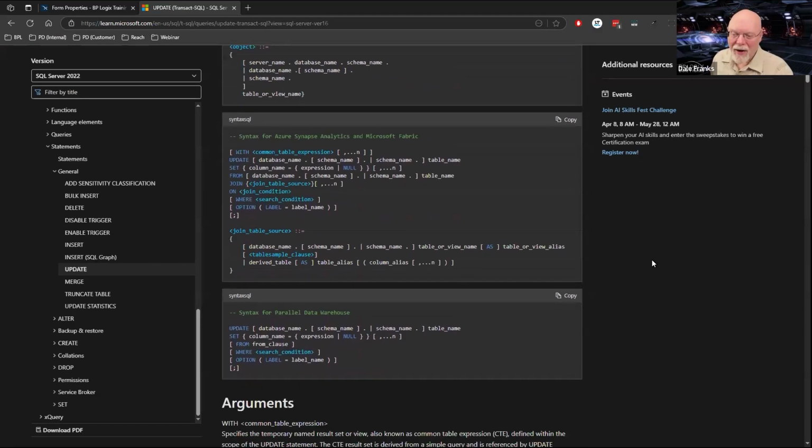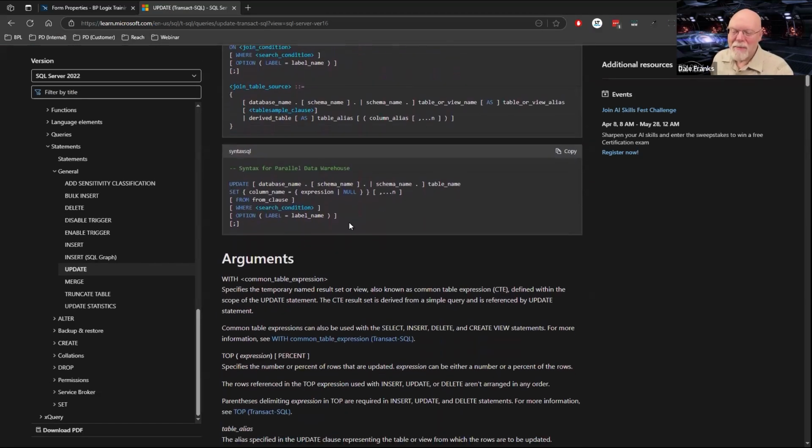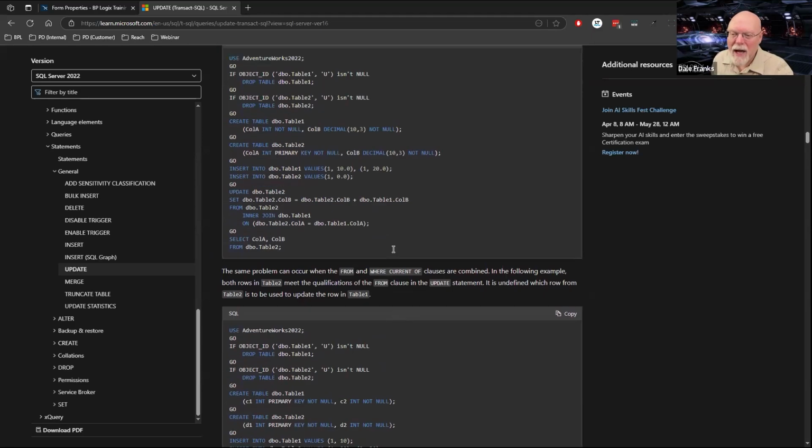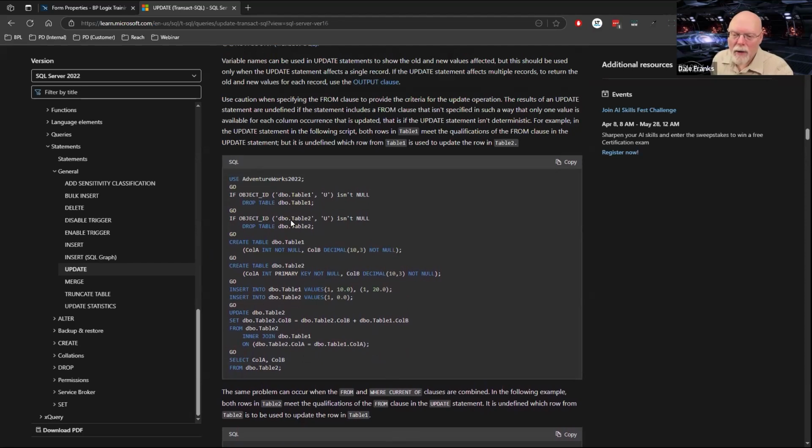Okay, well, there's that. Okay, this is closer, but there sure are a lot of curly brackets and square brackets and bars. Do they just have a simple sample? Oh, they do, but there's a whole bunch of stuff to get through before I get to the update statement. Microsoft does not make it easy. They make it way more complicated than it needs to be.